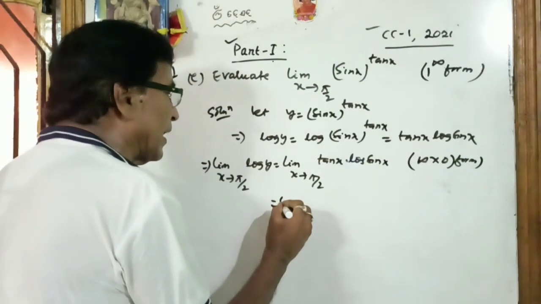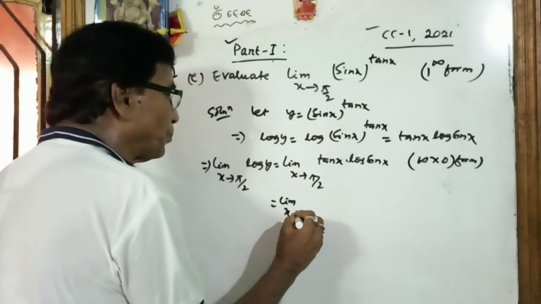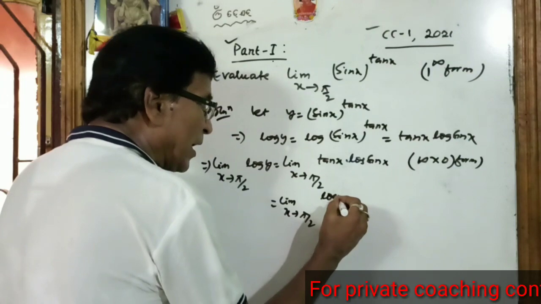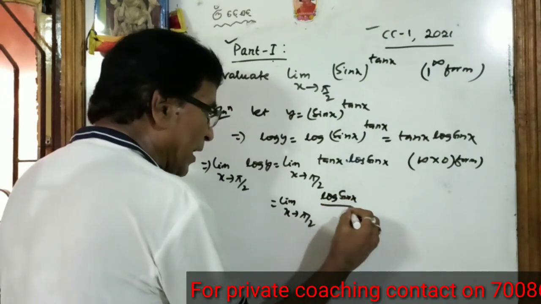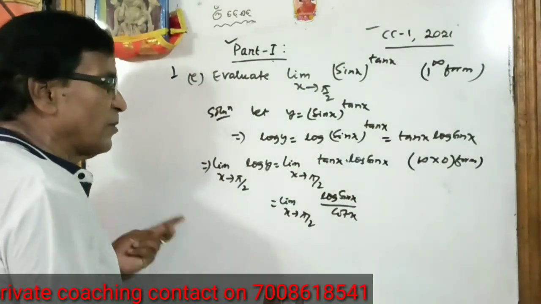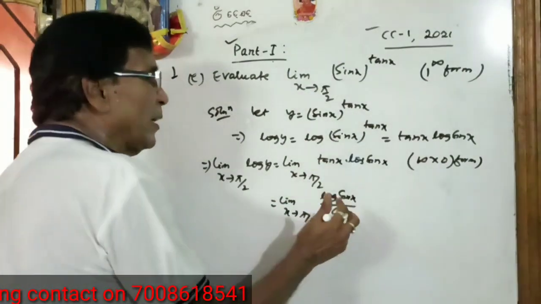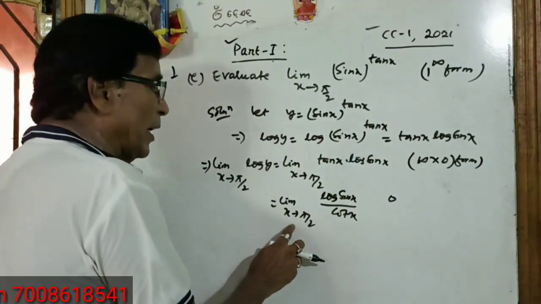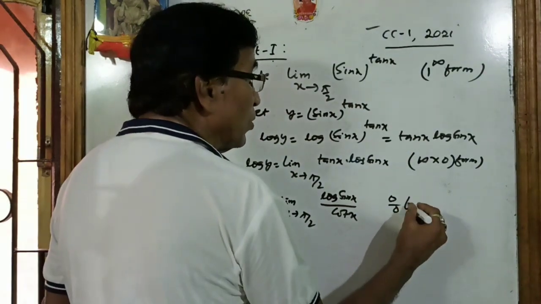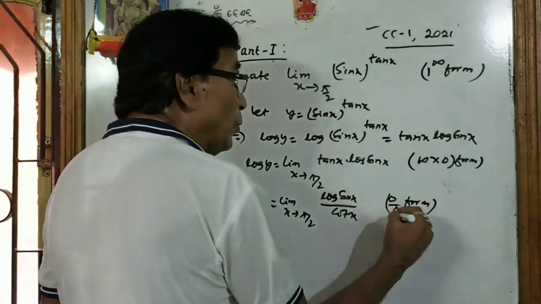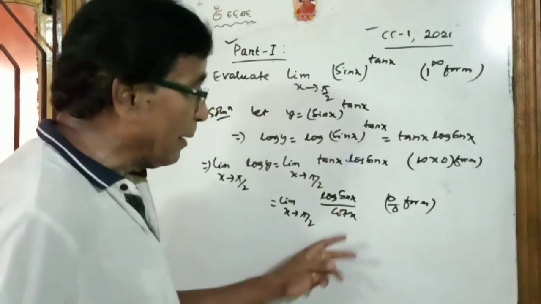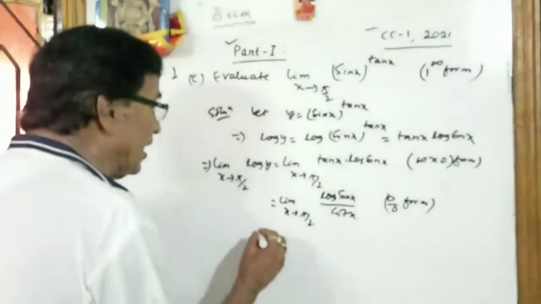For that we will take the limit x tends to pi by 2 of log of sin x divided by cot x, because tan x is equal to 1 by cot x. Now here you see that when x tends to pi by 2, the numerator tends to 0, and cot pi by 2 is also equal to 0. So it becomes 0 by 0 form. We know that whenever the limit is of the form 0 by 0, we can apply L'Hospital's rule. So by L'Hospital's rule,